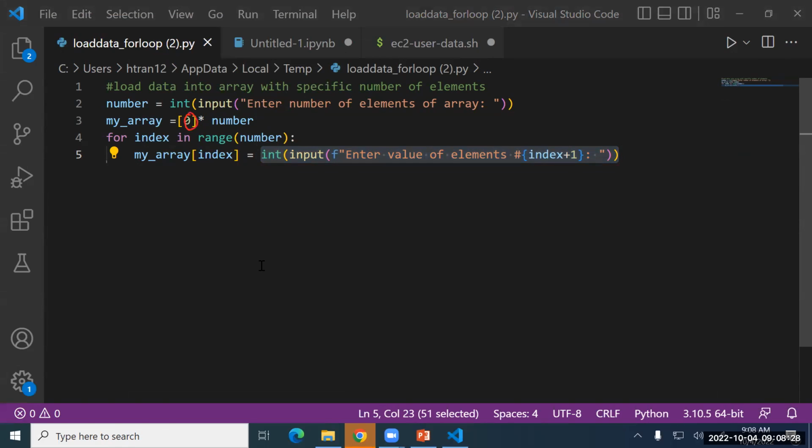Think about if I want to load 8 numbers into the array. For this one, I create all 8 elements with the number 0 here. Right? And later on, whenever I get a new number, I just override the number 0 here, right? So I have the for loop here because this is a definite number of iterations. If I enter the number 8, it runs everything from 0 to 7 for this one,